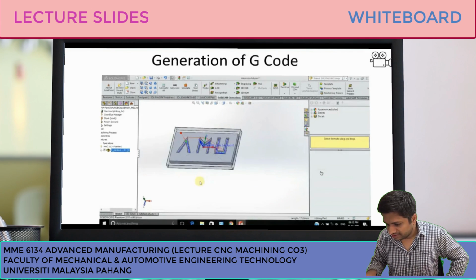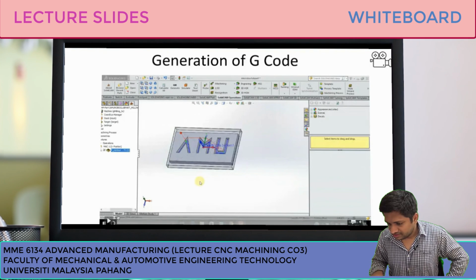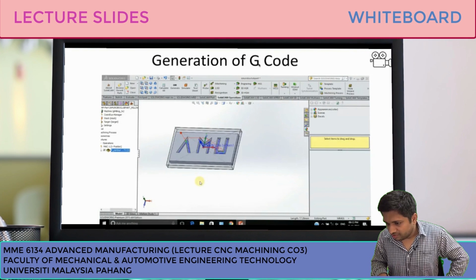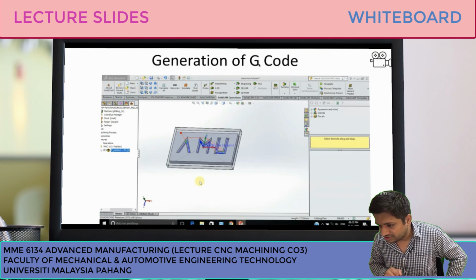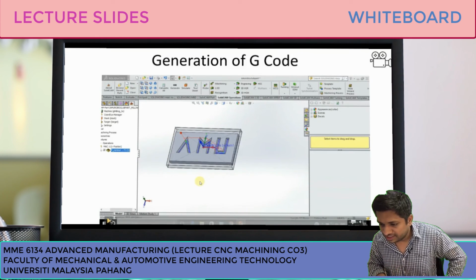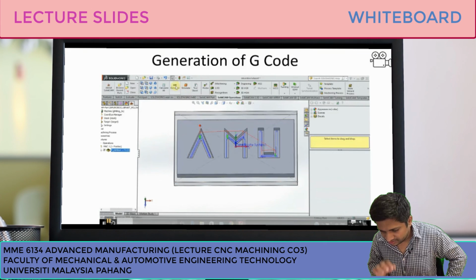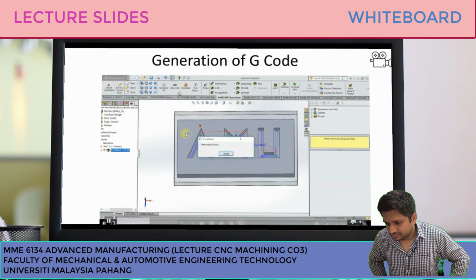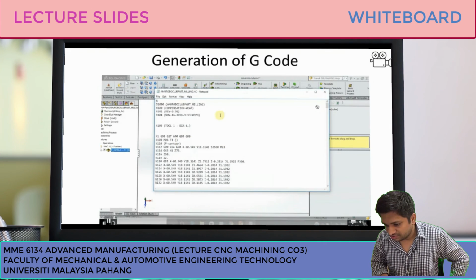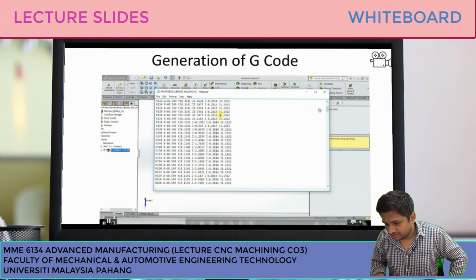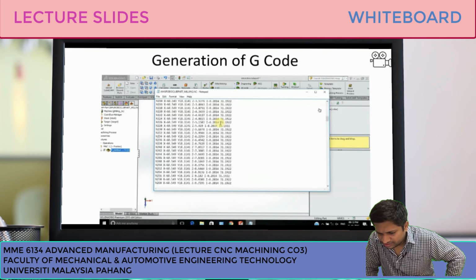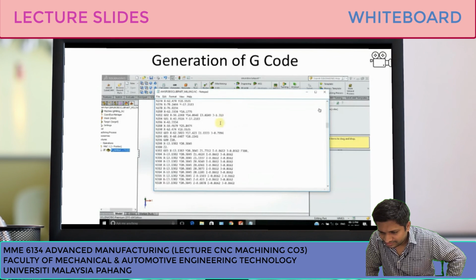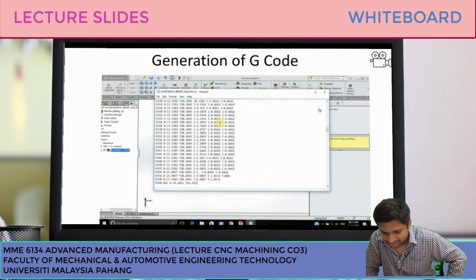So let's move to the next slide. And now we have the generation of G code automatically. You can see and observe how he is going to create G code automatically. Generate G code. Here we go. How many lines is this?